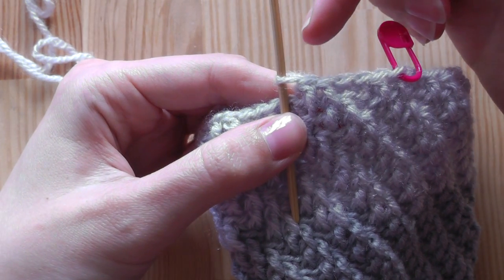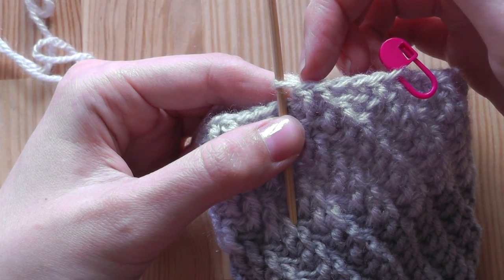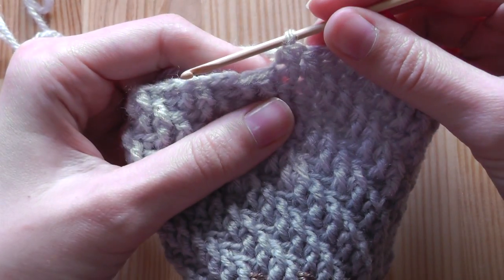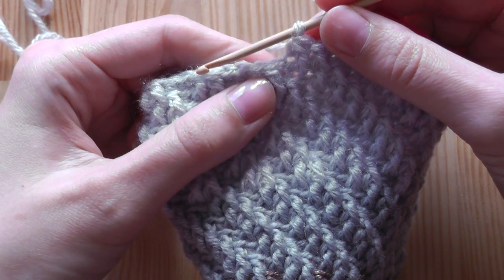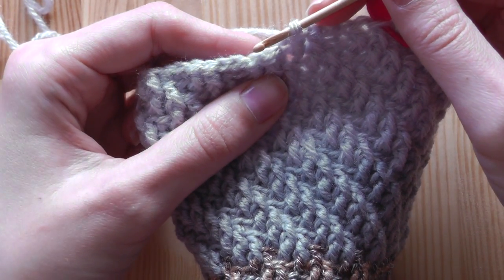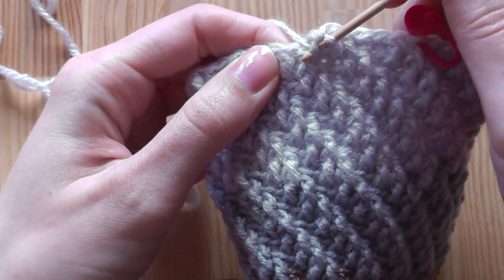And in the next round you can decide if you want to have here a front post later or a single crochet. So you can decide what you like. I think I will choose the single crochet because it's better to see the stitches, but you can take whatever you want. And then we crochet again 5 stitches. So the next one will be a single crochet, 1, front post double crochet,